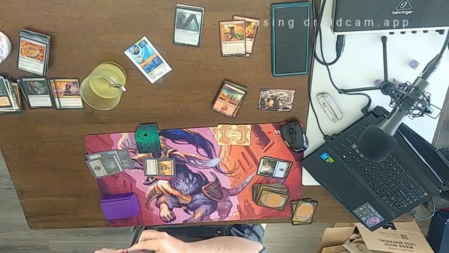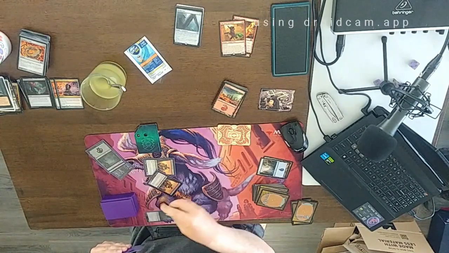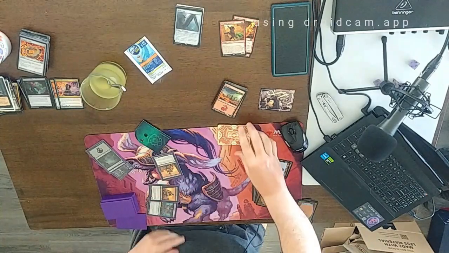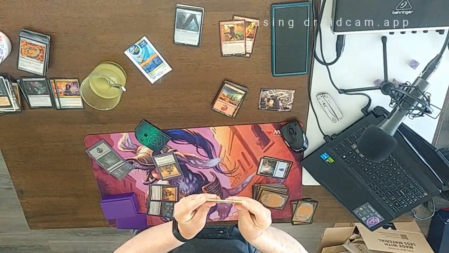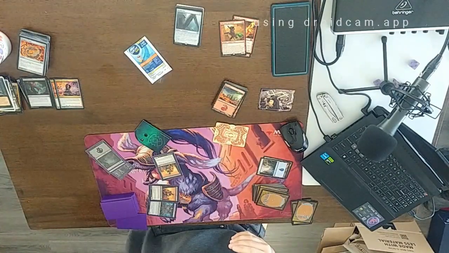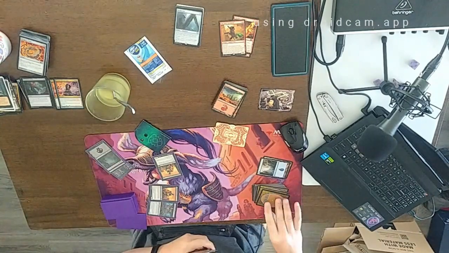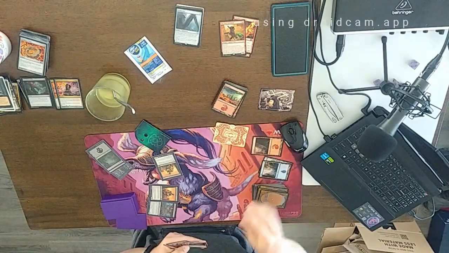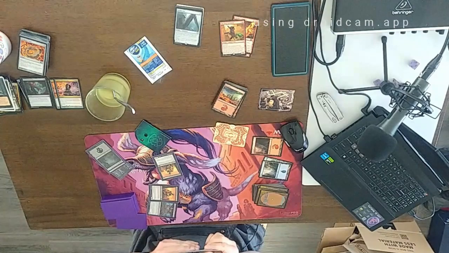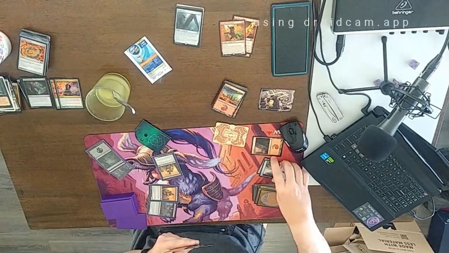Draw. We got 3 mana. We can play Persistent Specimen and a Reassembling Skeleton. We'll attack with 1 skeleton, putting Delina down to 19. And Medicine. Draw. Mountain. There we go. Now we're in action. What can we do with that? Let's play...